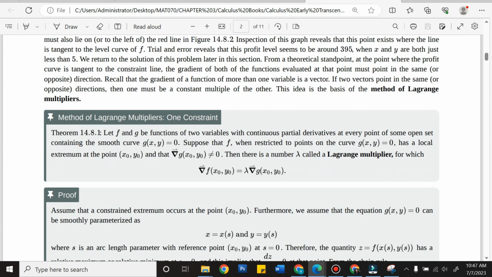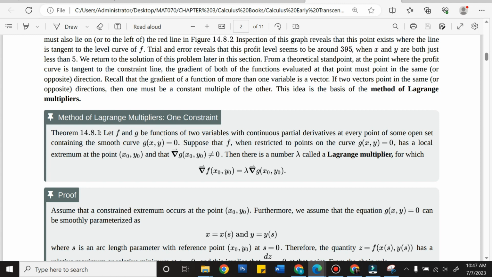Suppose that f, when restricted to points on the curve g, has a local extremum at point x sub o, y sub o, and the gradient of g is not equal to 0. Then there is a lambda, called the Lagrange multiplier, for which this gradient is equal to your Lagrange multiplier